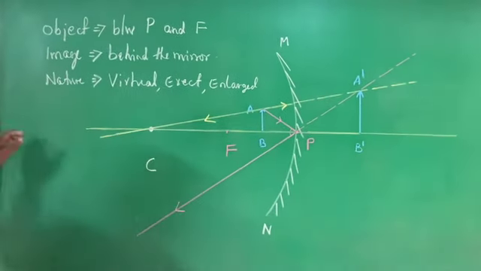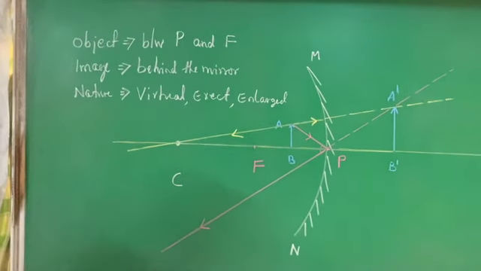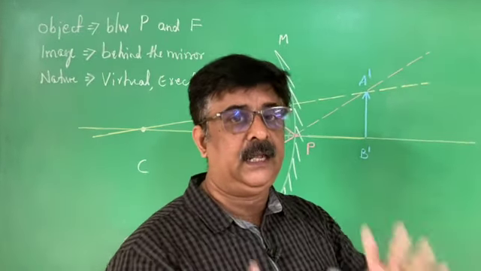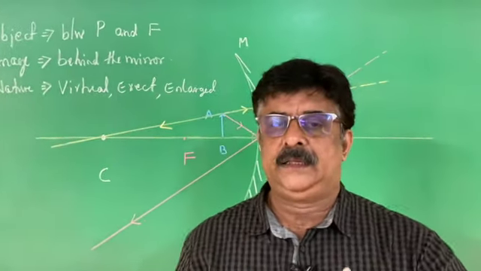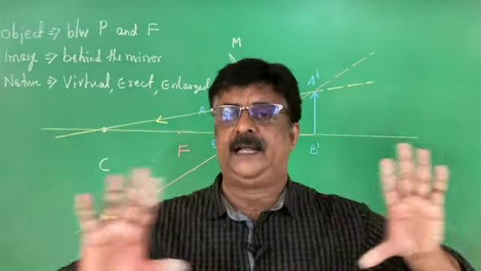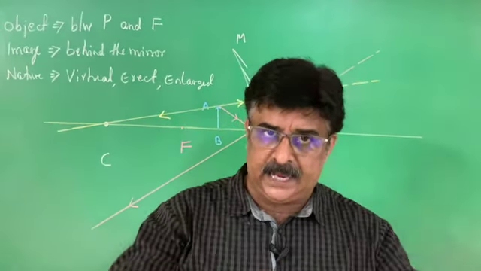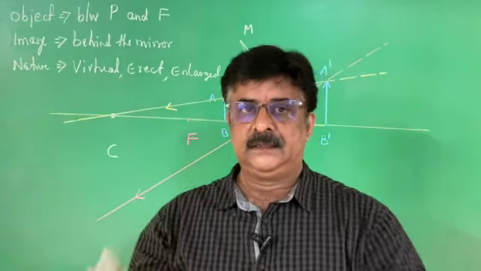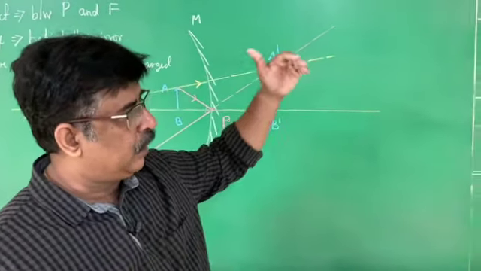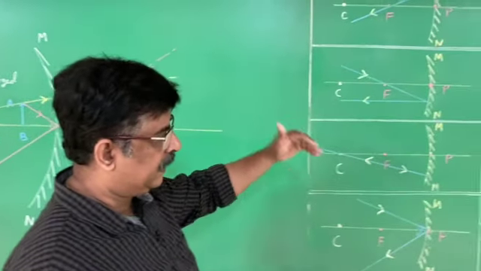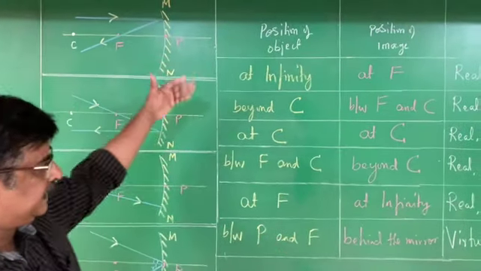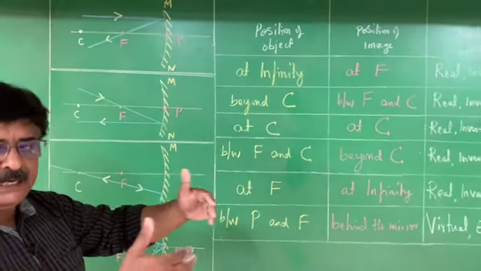This is the last ray diagram given in the textbook. See, there are 6 ray diagrams. All the 6 ray diagrams are important as far as the public examination is concerned. It is going to fetch you 2 marks or 3 marks. Sometimes they ask you only to write the ray diagram. Sometimes they ask you to write the ray diagram and also the nature of the image, for 3 marks. Therefore, this is important. The 6 places are: at infinity, beyond C, at C, between F and C, at F, and between P and F. Between P and F, we get the virtual image. In all other cases, we get the real image, that is, in front of the mirror.